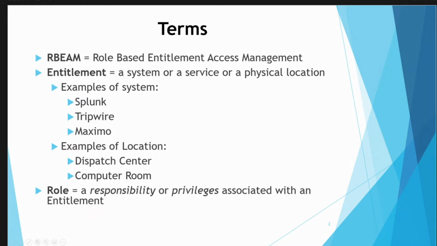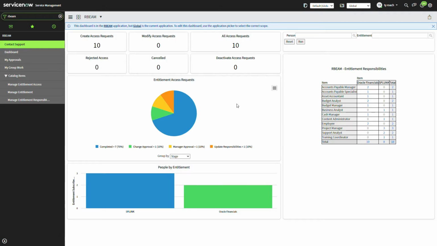A role is a responsibility or a privilege associated with a given entitlement. Allowing people to request access to certain entitlements and being assigned specific roles completes the identity, governance, and administration function